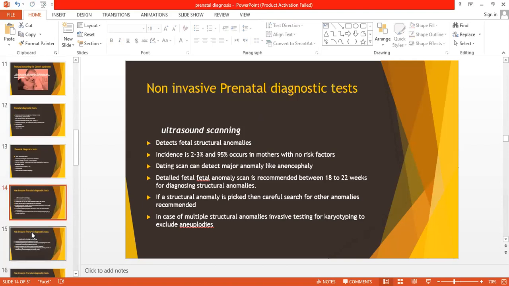The first one is ultrasound scanning among the non-invasive prenatal diagnostic tests. The ultrasound scanning detects fetal structural anomalies. Incidence of major structural anomalies is 2 to 3%, and 95% of them occur in mothers with no risk factors. That is why universal ultrasound scanning for anomalies is recommended between 18 to 22 weeks of gestation। ठीक है, डेटिंग स्कैन पे भी सर्टेन एनोमलीज का पता चल जाता है, लेकिन वो एनोमलीज जो बहुत मेजर हो, जैसे कि एनेनकेफेली। ठीक है, फॉर डिटेल्ड स्ट्रक्चर एनोमलीज you need the